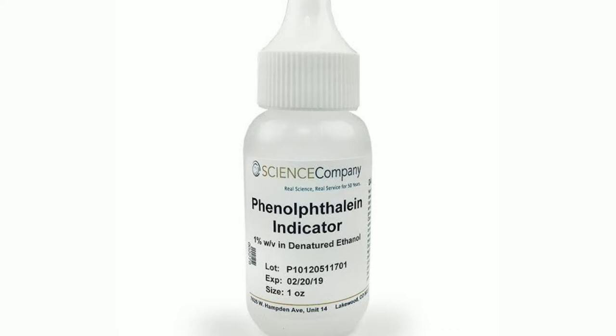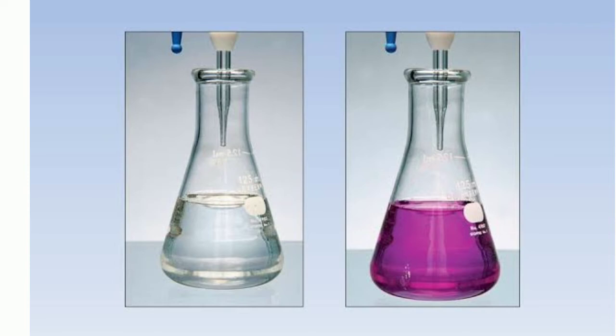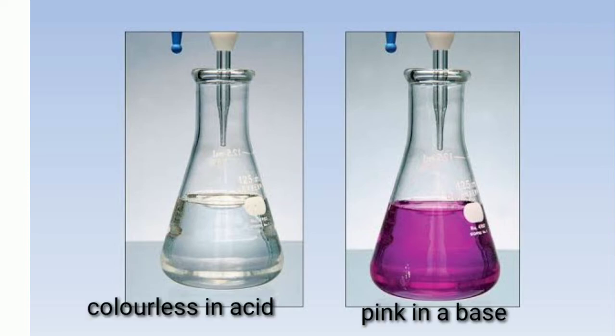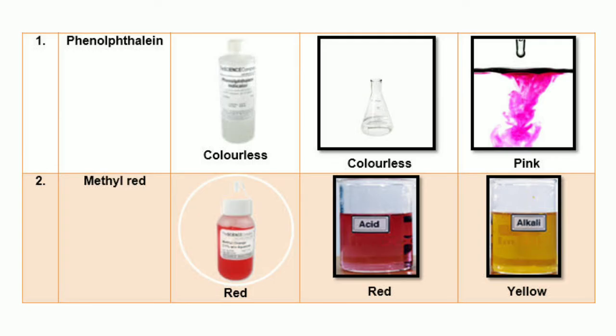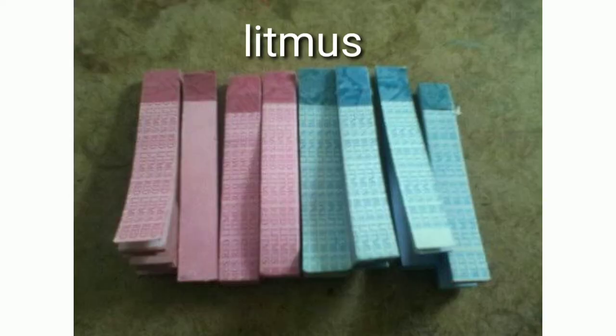And the neutral color of phenolphthalein is colorless. The color change which takes place in phenolphthalein is that it is colorless in acidic solution and it gives pink color in basic solution. So, yet another acid base indicator is the universal indicator children. We will discuss it later on in this chapter. At the moment we will describe some of the natural indicators in a little more detail. So, we said that litmus is a natural indicator and phenolphthalein and methyl orange are synthetic indicators. Synthetic indicators, I mean they are artificially made.